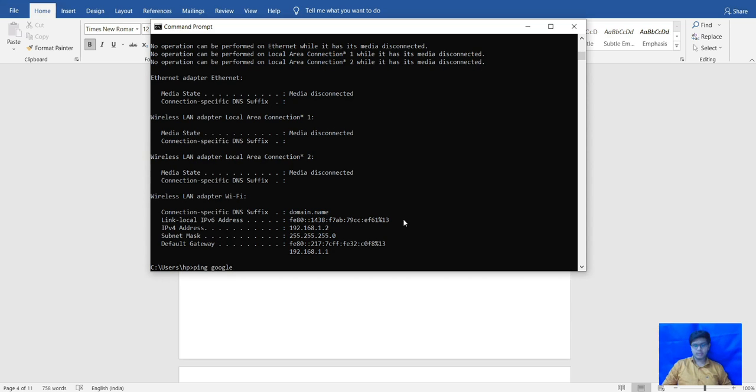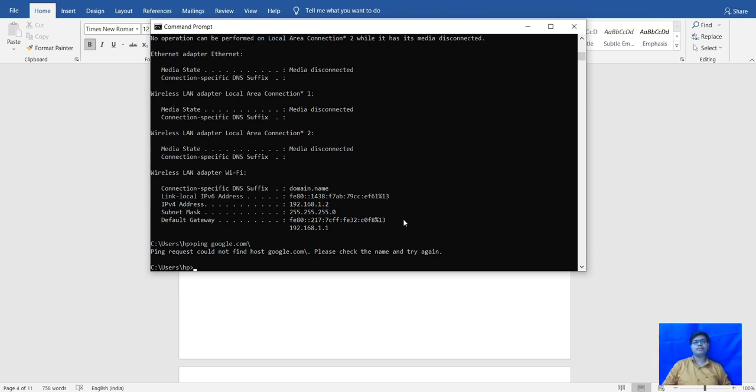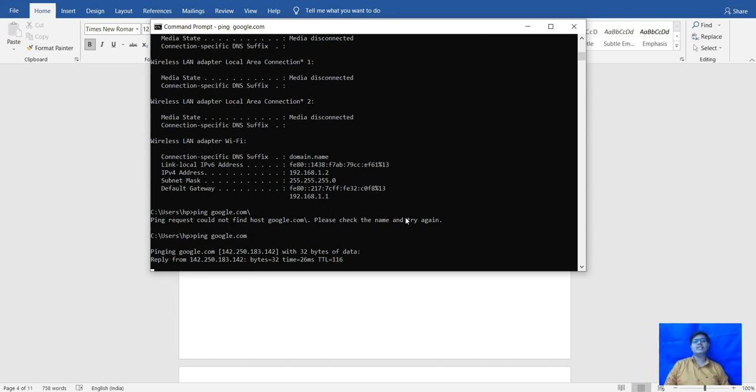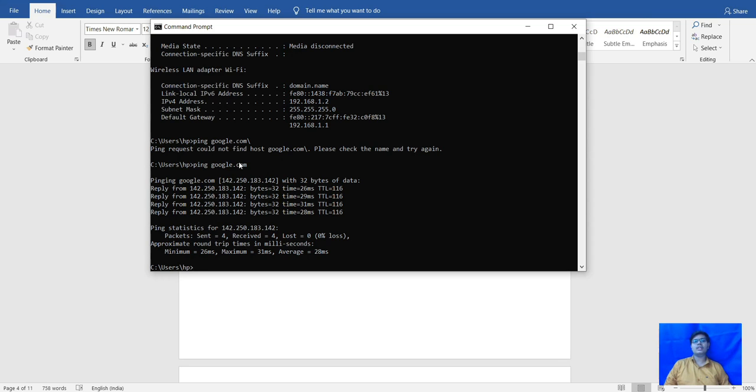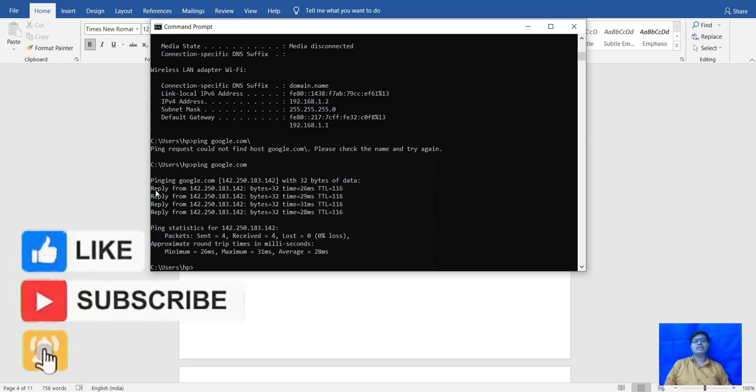Ping google.com. This will send the ping request to google.com, and my IP will go to the Google server, and from there it will come back and show the request that I have sent. The reply comes from Google, with bytes 32.